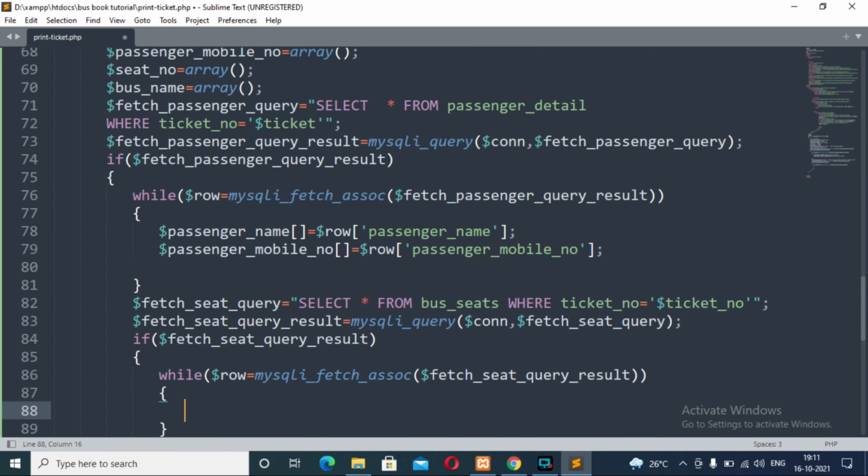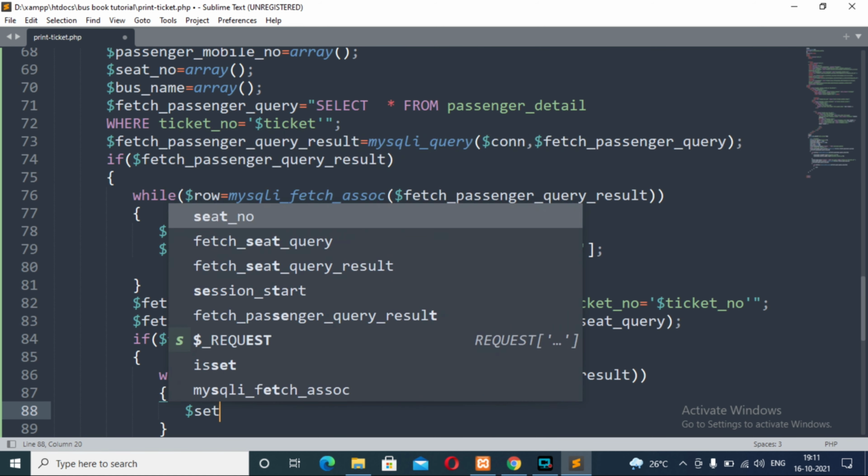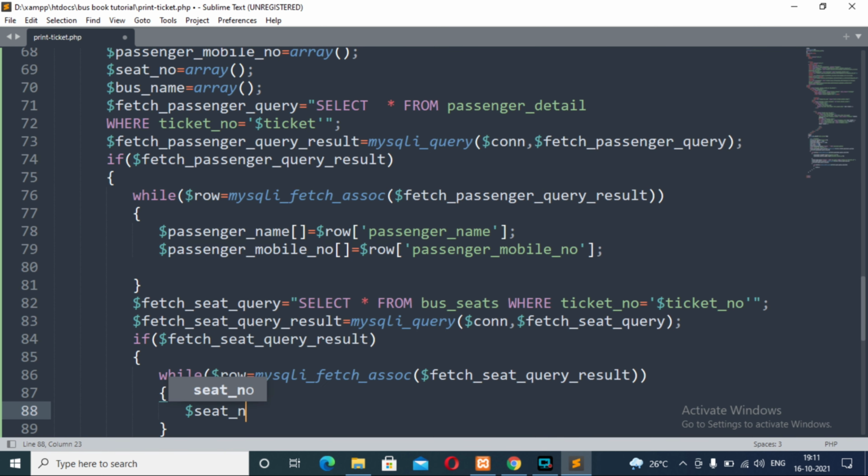Inside while loop we will fetch the seat number and you should notice that here seat number is PHP array declared on line number 69. Okay, here.